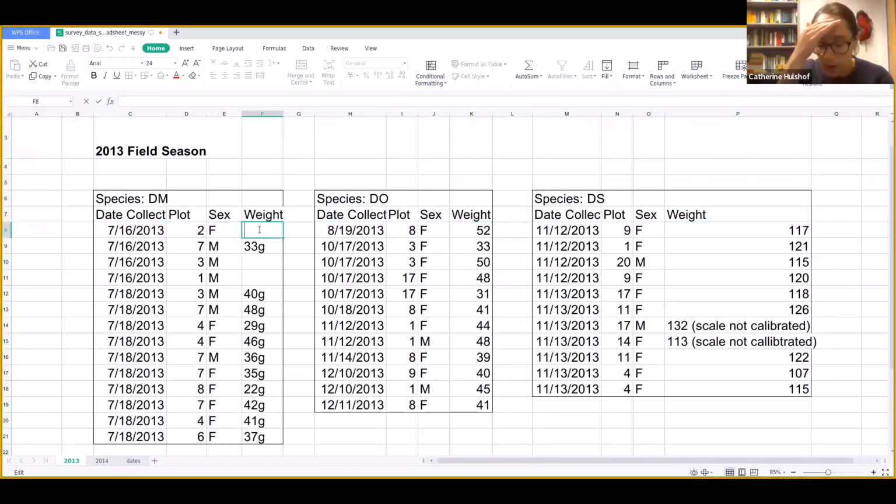Another thing that was brought up was the blanks. Blanks are okay, but it's not clear if this was an individual that was caught and escaped, or why the data wasn't recorded. So a better practice would be to fill in those NAs. R reads blanks as NAs, and other federal institutions and state agencies, I think, use some strange number like negative